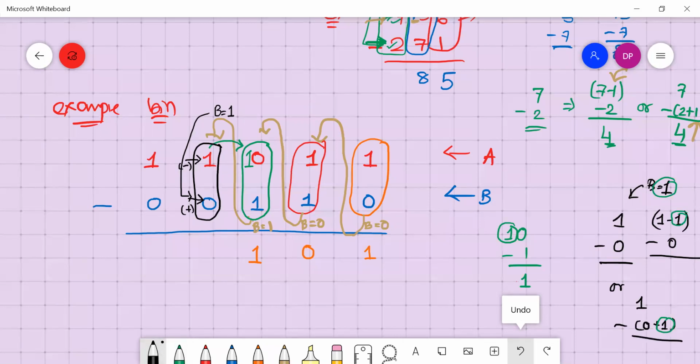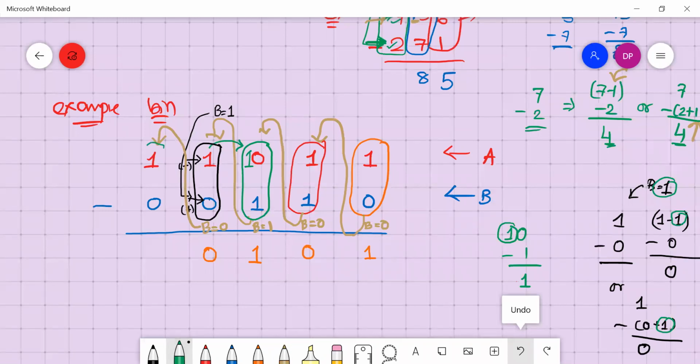You can say this is 0 minus 0. Answer is 0. Is it producing any borrow? Difference is 0. Borrow is also 0. So this is 1 minus 1. Difference is 0. Borrow is also 0. So here you will get the answer 1 minus 1, this is 0. And is it producing any borrow? No, borrow is also 0, right? So this borrow 0 information need to be communicated here.